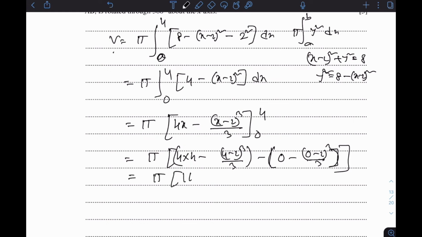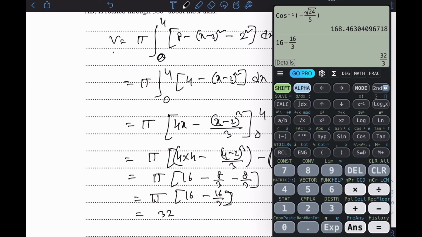Pi, 16 minus, this is 4 minus 2, 2 cubed, that is 8 by 3. Then minus, again minus, it will be 2 cubed, 8 by 3. So it is becoming now 16 minus 16 by 3. So 32 by 3 pi. That means 10 whole 2 by 3 pi. So,